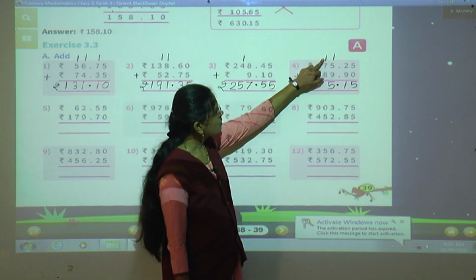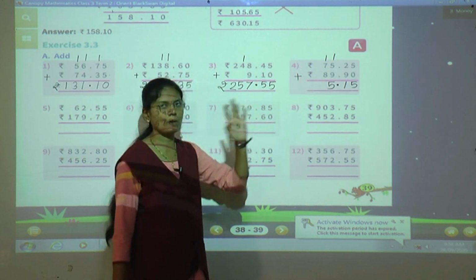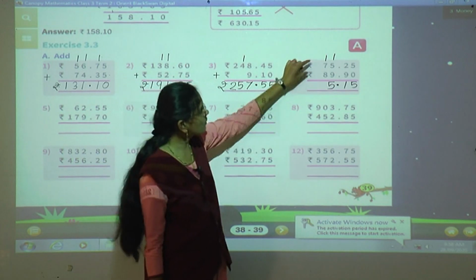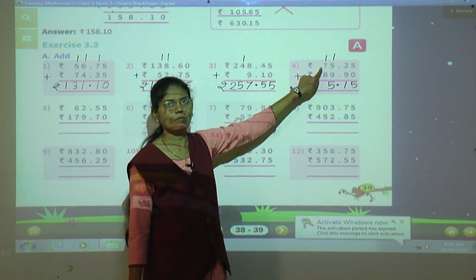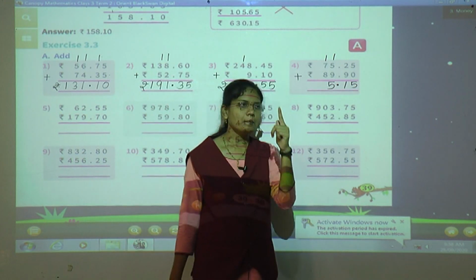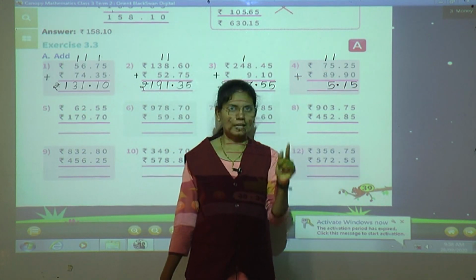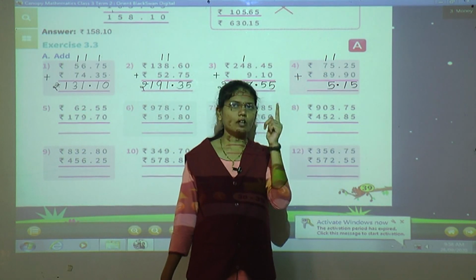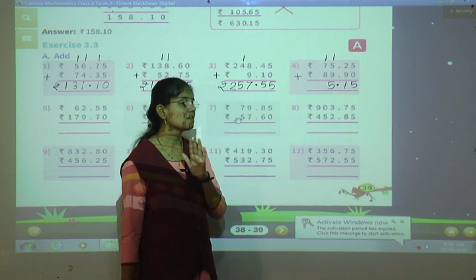Now here, see here 1 plus 7 plus 8. These three numbers we have to add now. First we will add these two numbers. 1 plus 7, 8. Now keep 8 in your mind, and here also 8 is there. So again you have to show your 8 fingers. After 8 you have to count your 8 fingers. So 8 plus 8, 16.